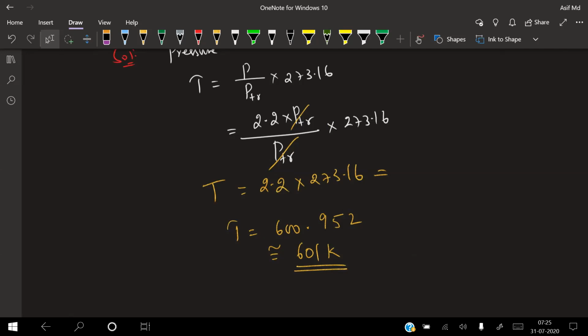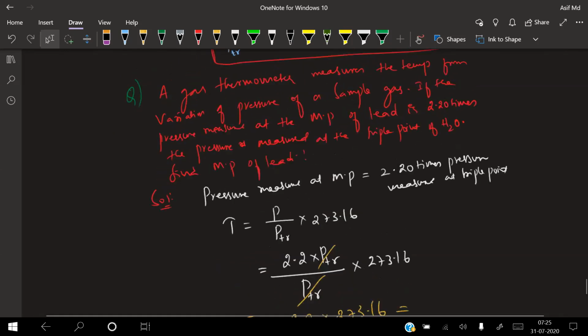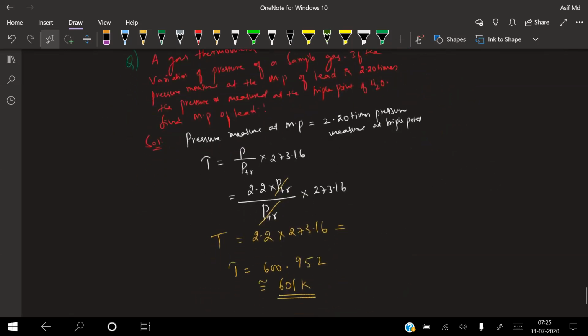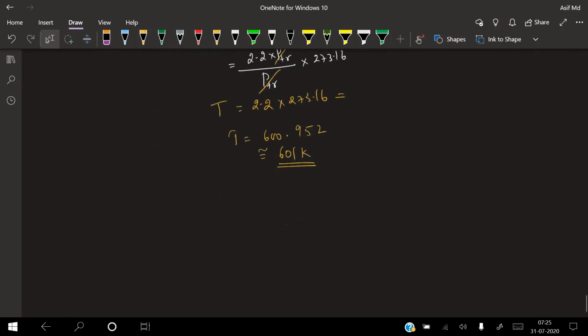So if we get volume, we have to use volume divided by volume at the triple point, into 273.16. Simple. Yes. The only thing is you should be able to remember the formula and read the data clearly to see what exactly it is trying to tell. The question appears to be big, but the working is almost small. If you practice two, three questions, you can roughly get an idea. This much is the only data required.